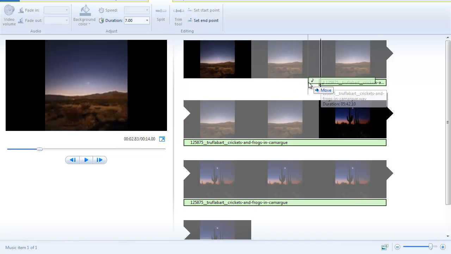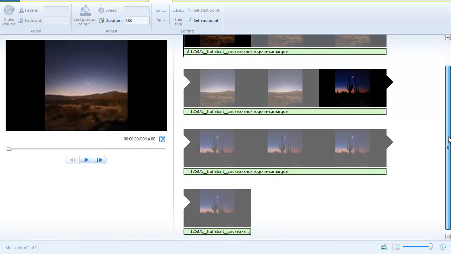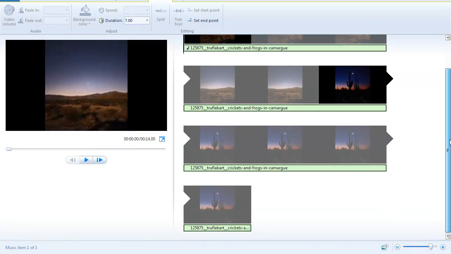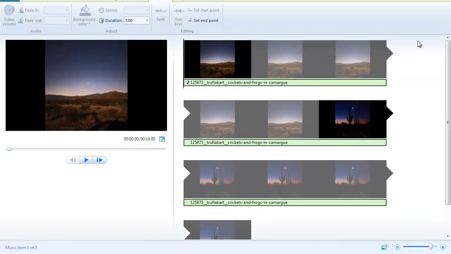So just make sure that the audio starts at the beginning of your slideshow and that it extends all the way to the end. So this is your finished piece of audio that you have arranged. It should be exactly 1 minute long. You've done it in Audacity, and from here all you're going to do is export. So make sure that your slides are right up next to each other,